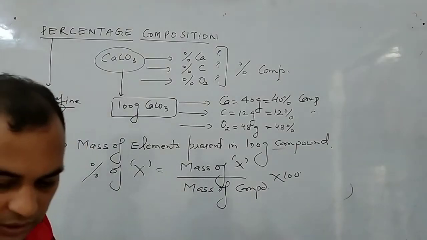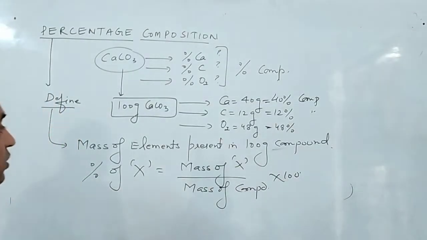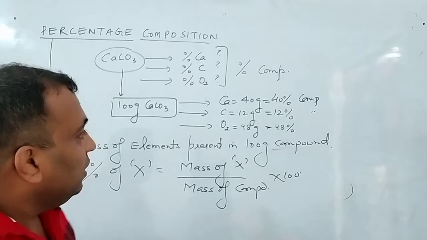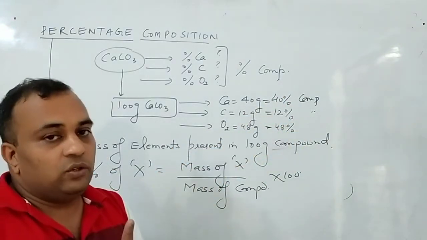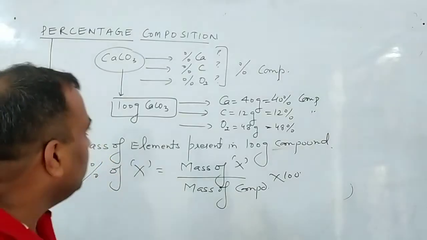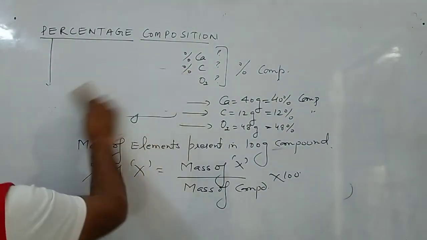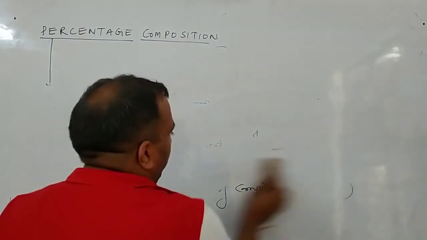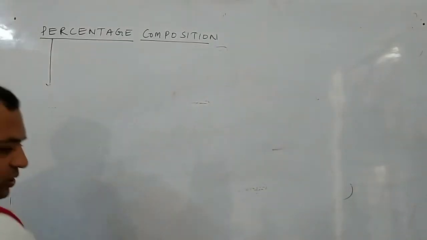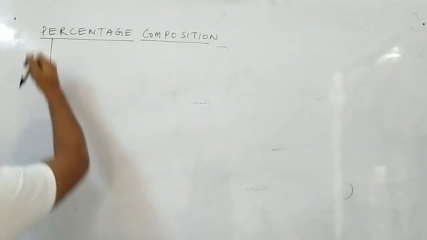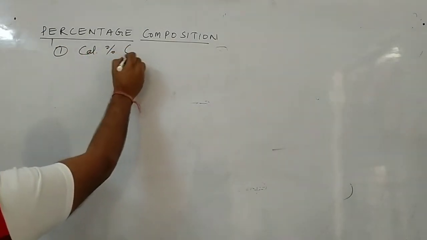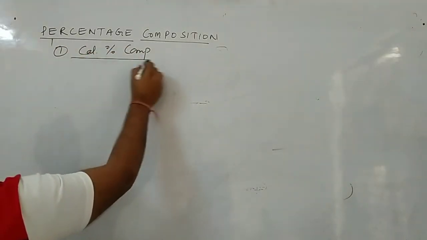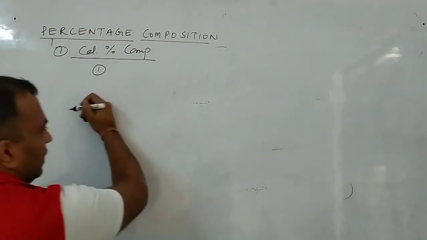Okay, so now see the numerical part. And before the numerical, I want to tell you one more thing. The sum of percentage of all the elements is equal to 100. If it is not 100, it means you have made a mistake. Be clear. So just see now the numerical part. In the numerical part, we will do some 2 or 3 questions. Question number 1 comes out to be like that. Calculate percentage composition. First question. The first example I will take, that is